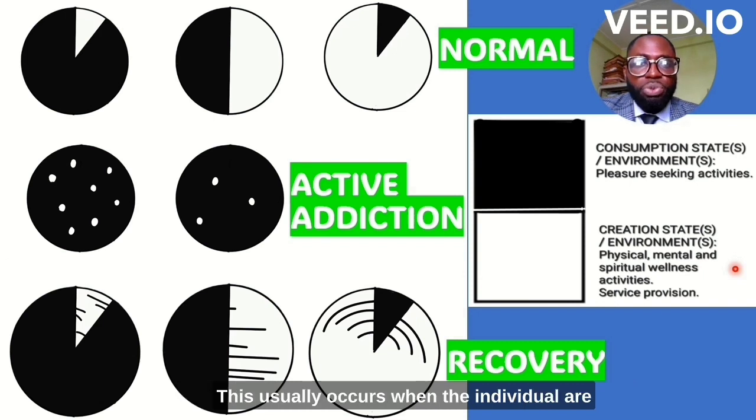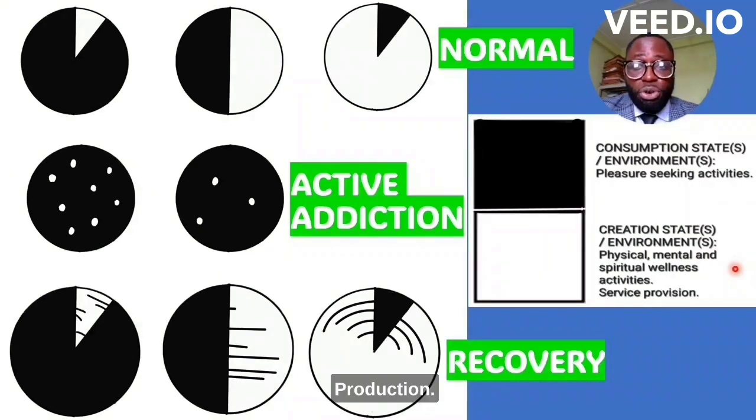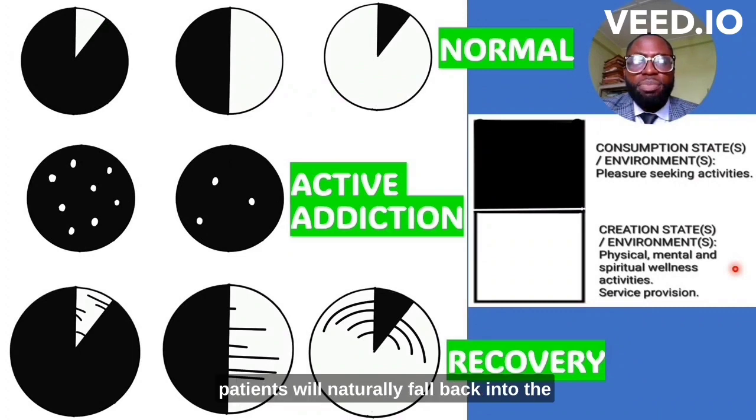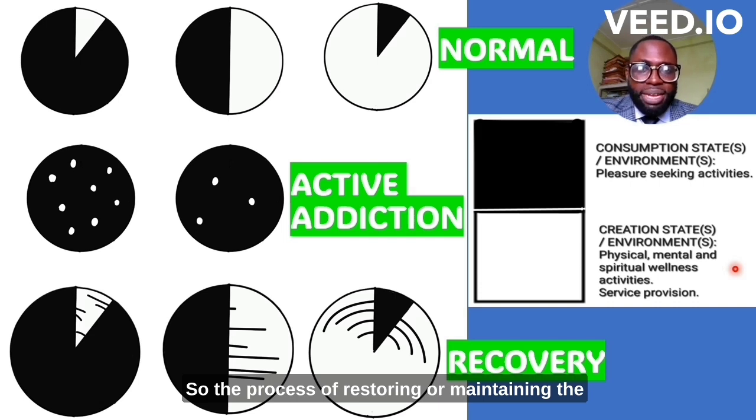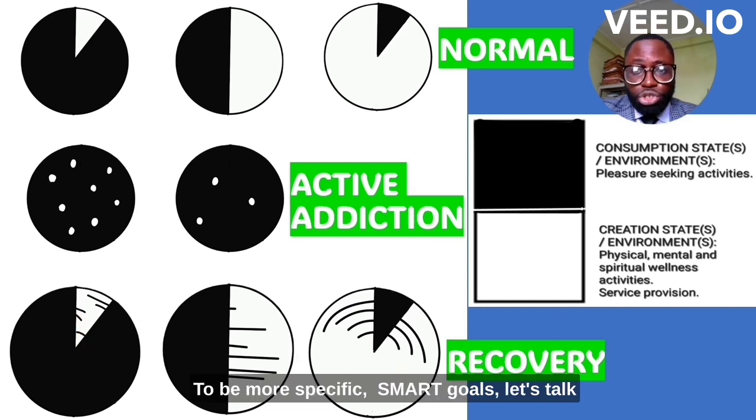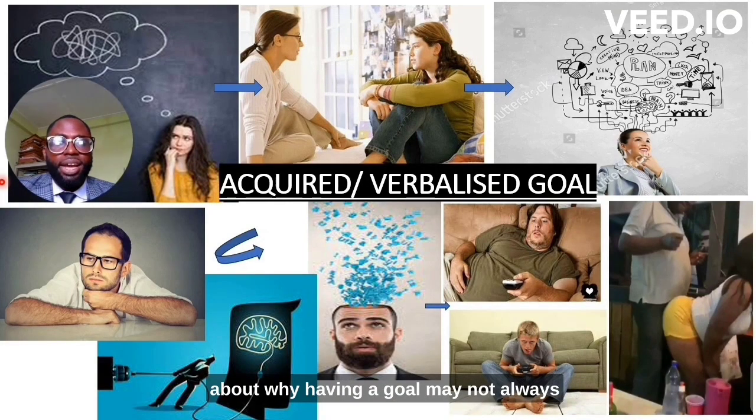And this usually occurs when the individual is exposed to activities that are either goal-driven and bring a sense of purpose. For example, activities that will target physical, mental, and spiritual wellness, as well as activities that target responsibilities or service production. Otherwise, if this is not done, the patients will naturally fall back into the consumption states where the addiction is. So the process of restoring or maintaining the creation states is made easier by goals, to be more specific, SMART goals. Let's talk about why having a goal